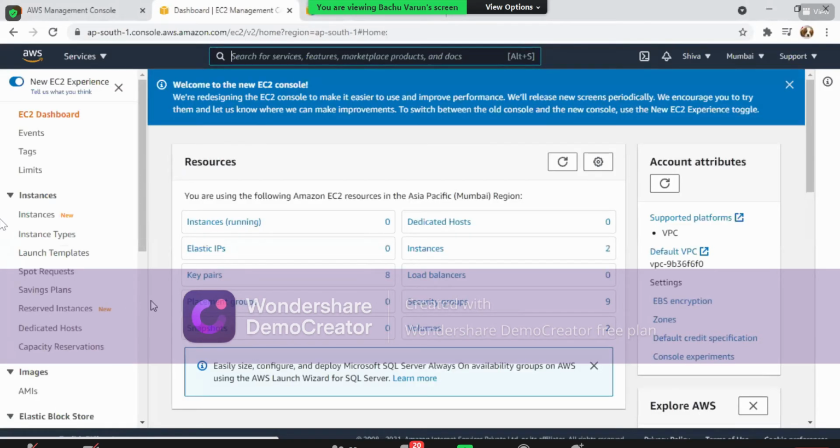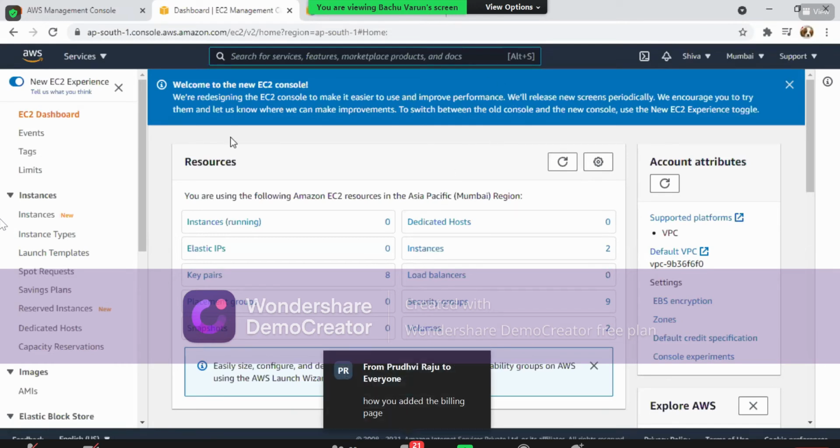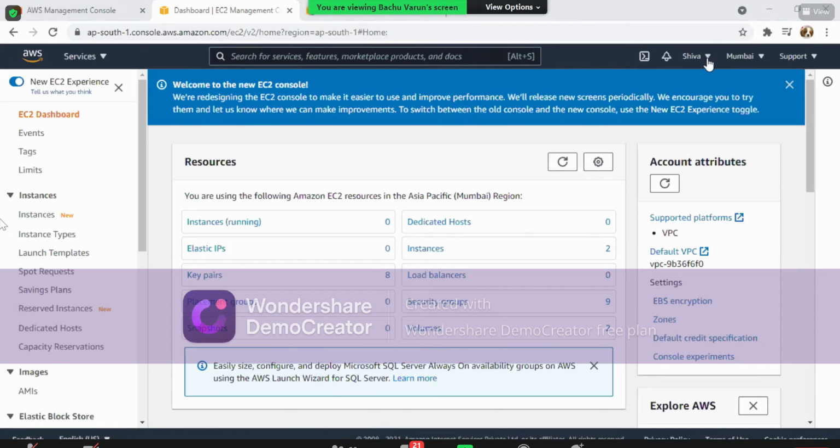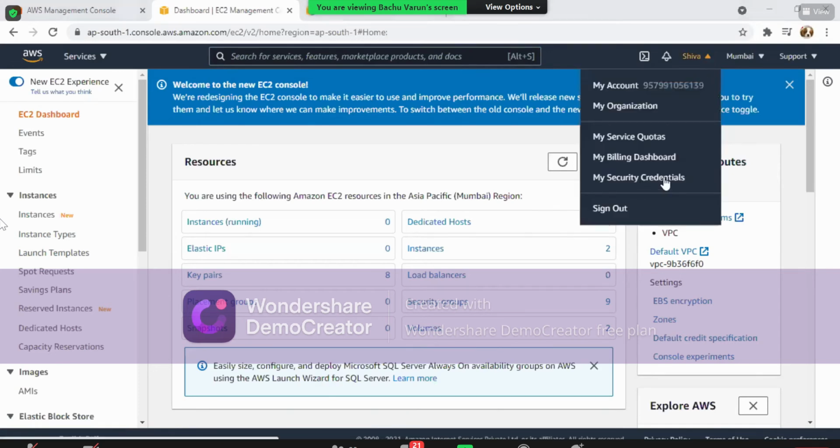Okay. So here on the very first page it is showing a dashboard. Right. Welcome to the new EC2 console. So there is some new design available. Okay, it comes in the upcoming days. So no need to worry. We did not add the billing page. I went into billing page by clicking on my account name. Here you can see my billing dashboard or my account.